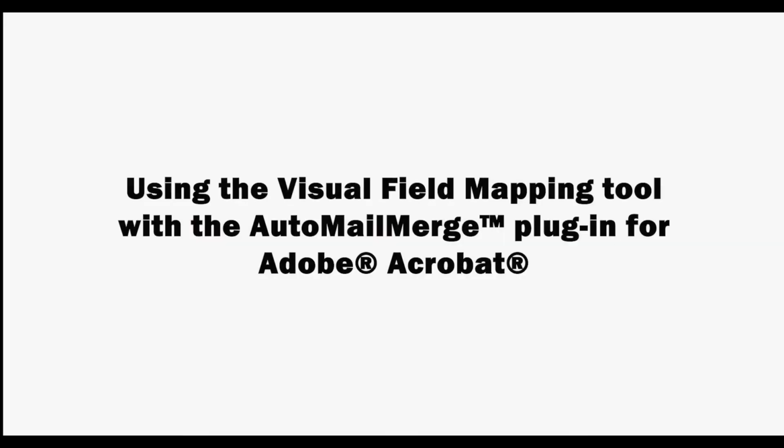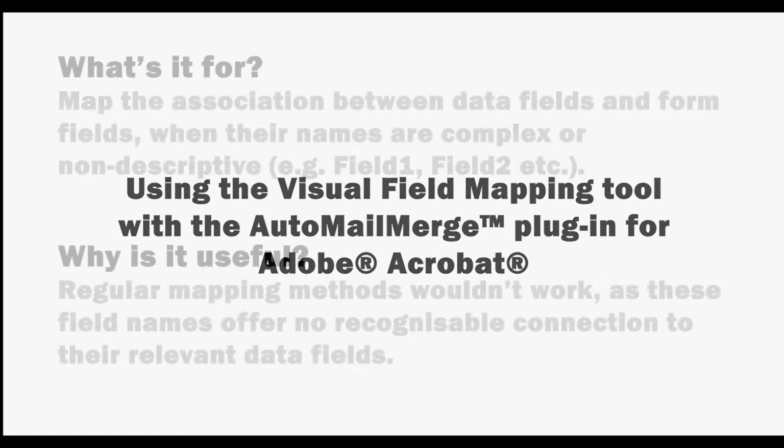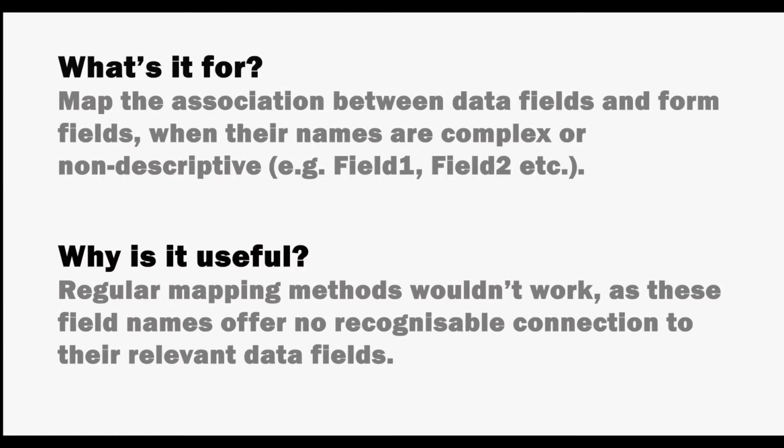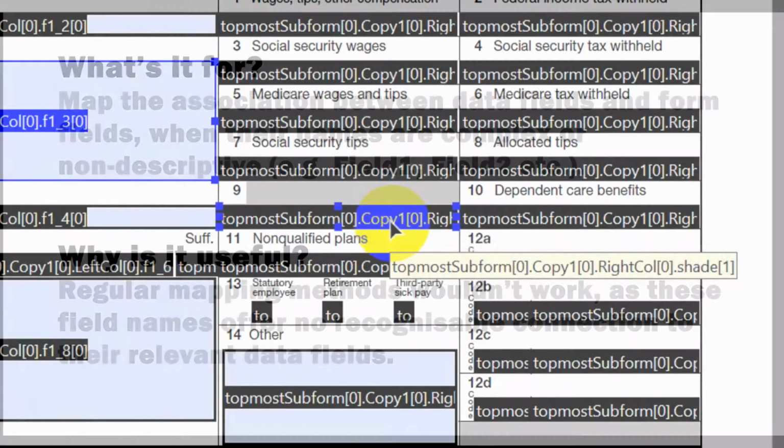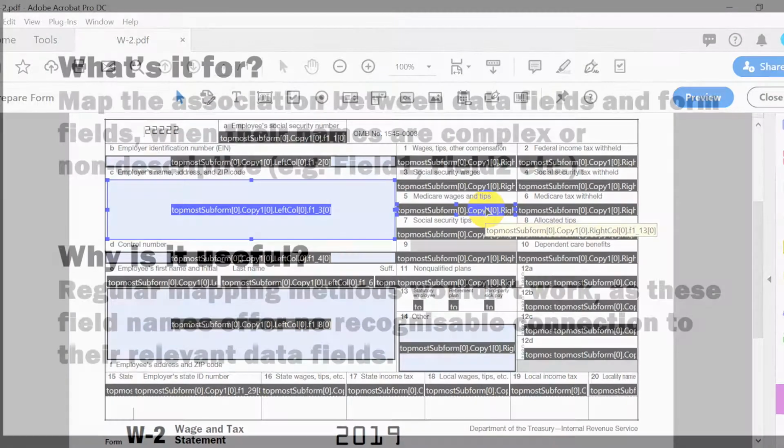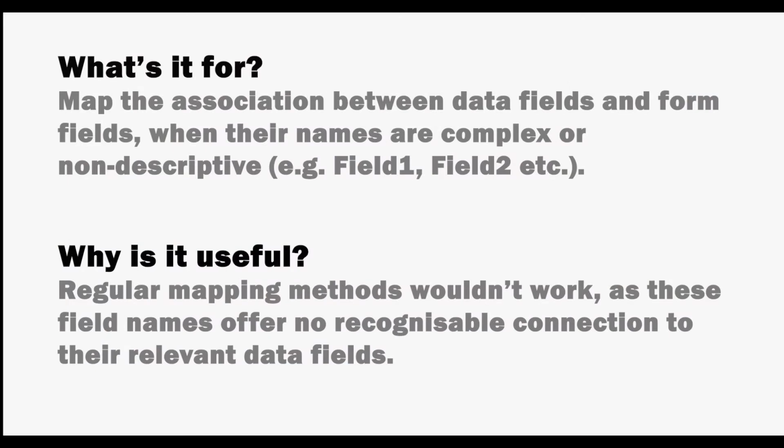In this video, we'll look at using the Visual Field Mapping tool with the AutoMailMerge plugin for Adobe Acrobat. The tool offers a way to map the association between data fields and form fields when form field names are complex or non-descriptive of what they actually represent. It's useful for when regular mapping methods wouldn't work, as these field names offer no recognizable connection to their relevant